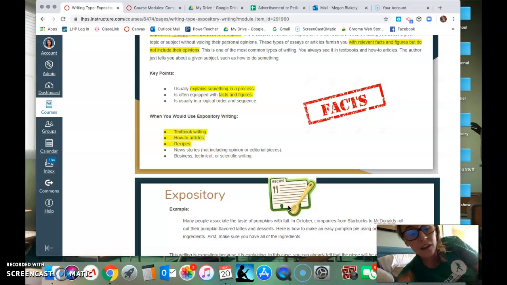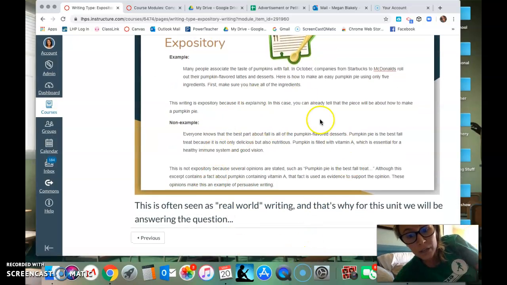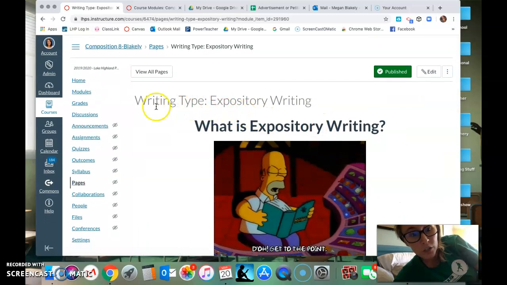It's things like writing in textbooks, explanations of directions, how to do things, aka everything you've been doing through the digital learning experience. All of the writing you're reading online, expository, my friends. So remember, expository explains. Now, what we're going to be doing this unit is we are going to be exploring